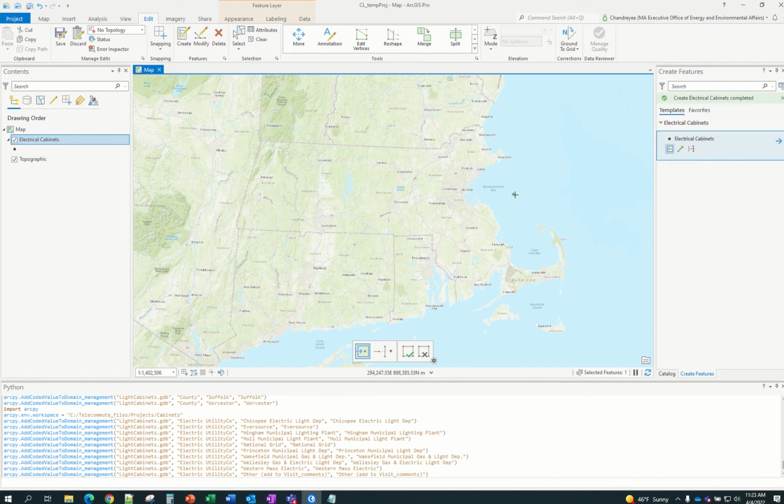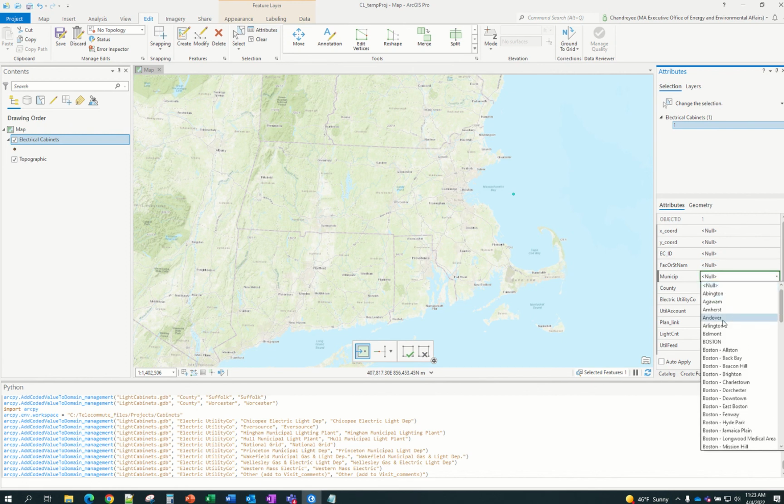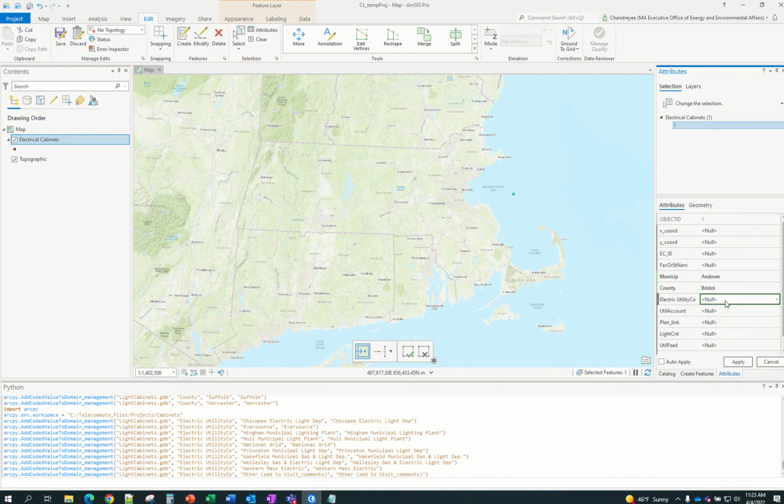I've done this, and now I want to add attributes to this point. And what I'm expecting is when I go to municipality, there should be a drop down. Bingo! When I go to county, there should also be a drop down. When I go to electric utilities, there should be a drop down. Now, to do your due diligence, you should really compare this against your schema document and make sure everything went through. But the beauty of doing this through code is, it should be fine. And then the one thing I want to check is for this. Oh, I didn't go that far, the date field. Okay, and then if I apply this,